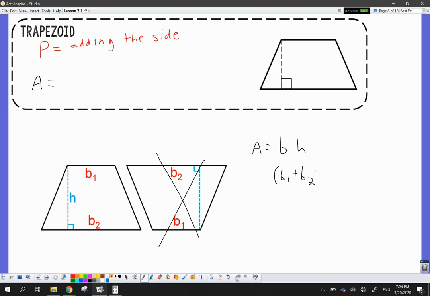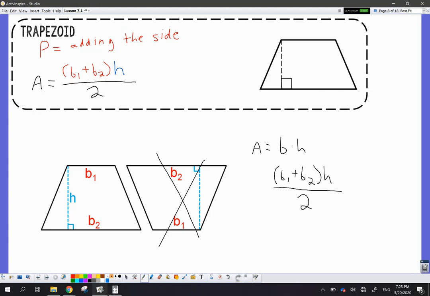And we'll call it B1 and B2 times the height. But we're going to add one more thing here. Because remember, since I had two trapezoids, I'm getting rid of one. So it's like I'm cutting that one in half. Cutting in half, meaning I divide by 2. Therefore, our formula for area of a trapezoid, I have parentheses, base 1 plus base 2 times the height divided